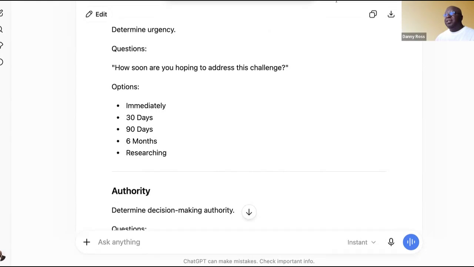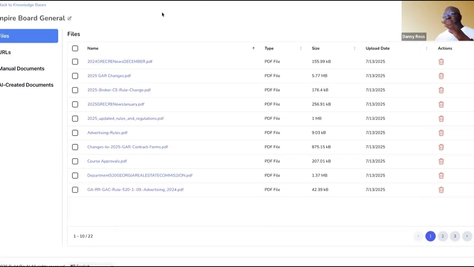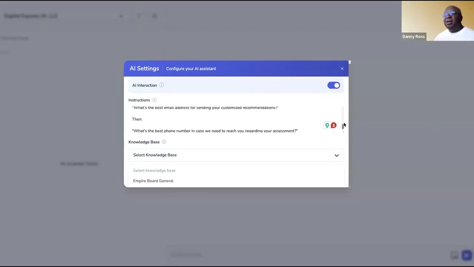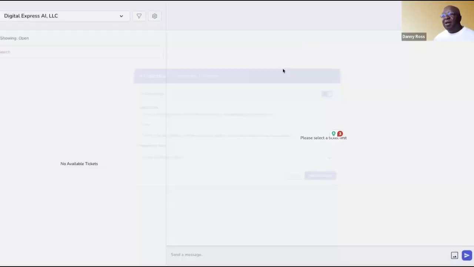So now that you kind of see that, and again, I'm using this buildbiz.ai, I would build a knowledge base with all of these documents, all of these links, all of these URLs, all of these things that I'm training it on. And then once I have gotten all of that in there, I would select that knowledge base, the Digital Express knowledge base. And then it has its instruction sets of what it can do, what it can't do. And then from there, we would go to the next step of loading that code snippet up onto my platform. And so then that chatbot would go live and be able to answer questions.